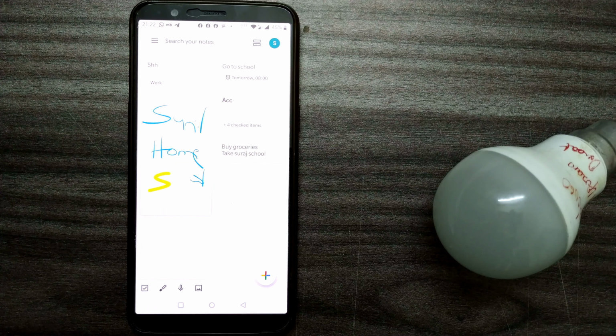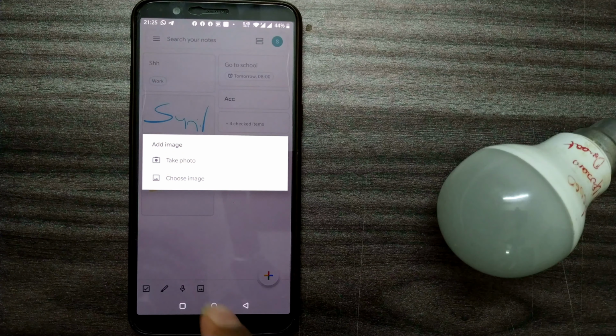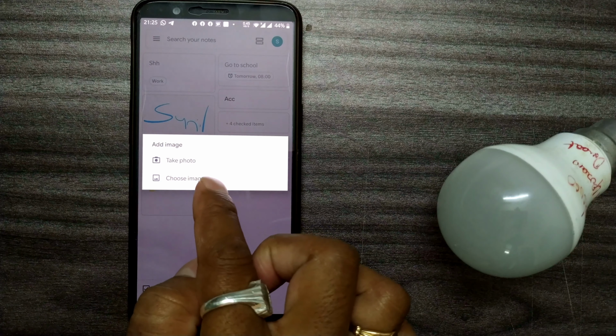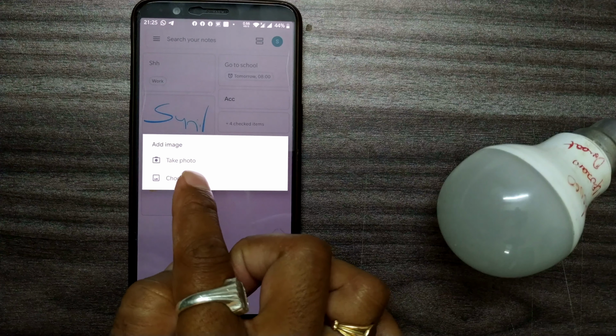One more thing that can be done in Google Keep app is to grab text. For example, I want to grab some text from a physical page of a book, or sometimes from a PDF, just to grab the letters that have been written on that. For that, this facility is also available here in Google Keep. For that, I press this. Once I do this, it will ask me to take a photo or choose an image. Right now I can't move my phone for camera purpose, so better I choose an image.